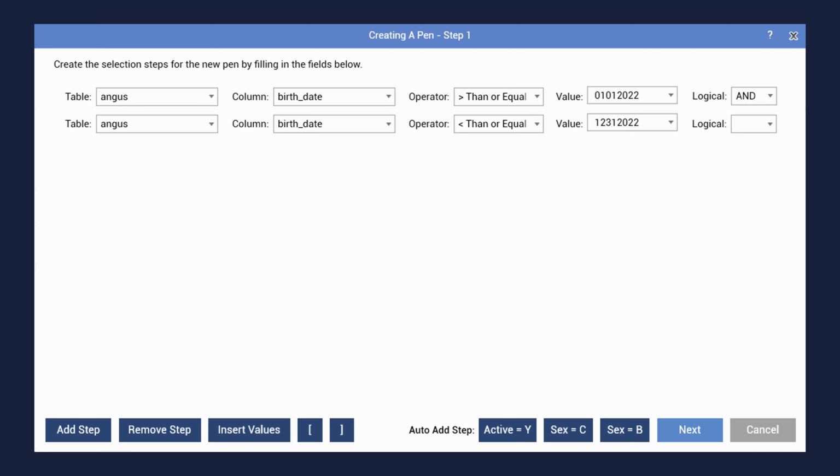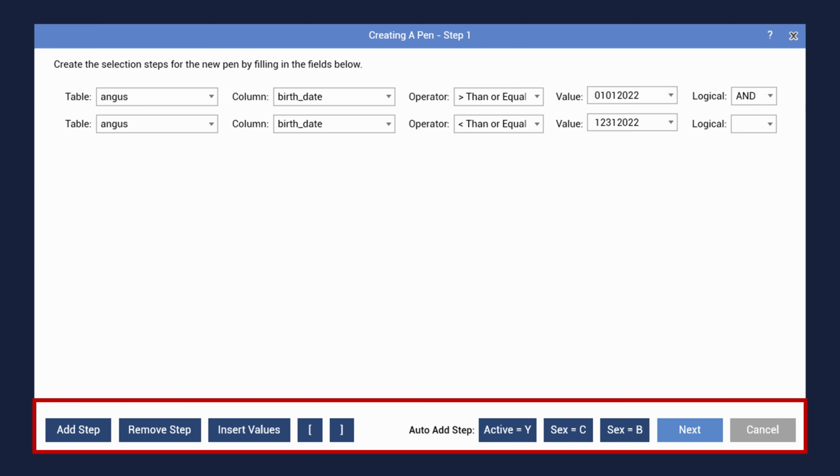You will also notice these options at the bottom. These are shortcuts that can be used to add commonly used steps to your selection criteria. In this case, we only want to create a pen of cows born in 2022. So we will select the Sex equals C option to add this step. You could also add this step by doing what we did above for birth date, but instead of selecting birth date, you would select sex in the column